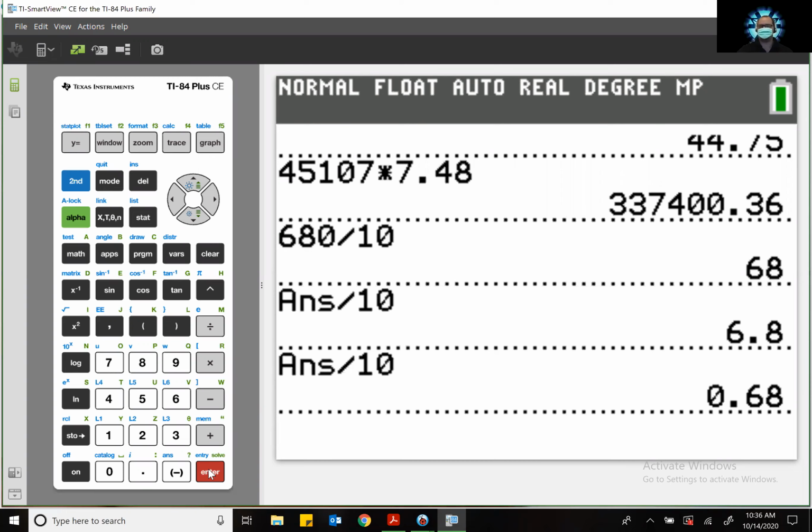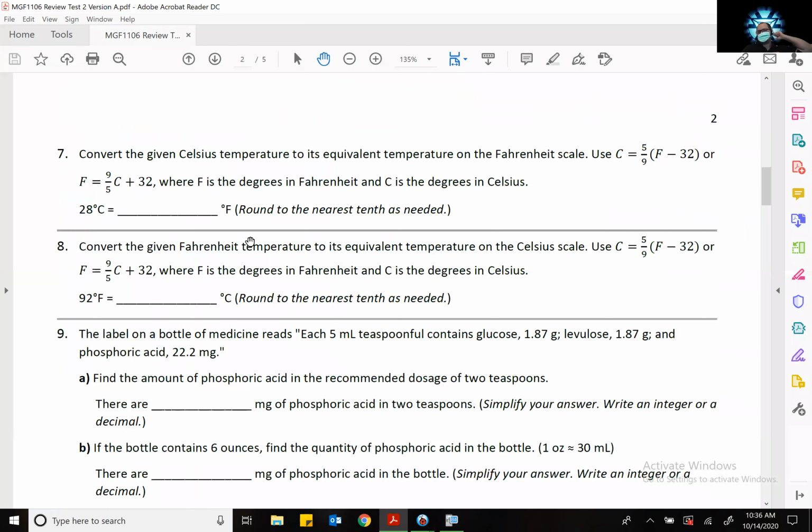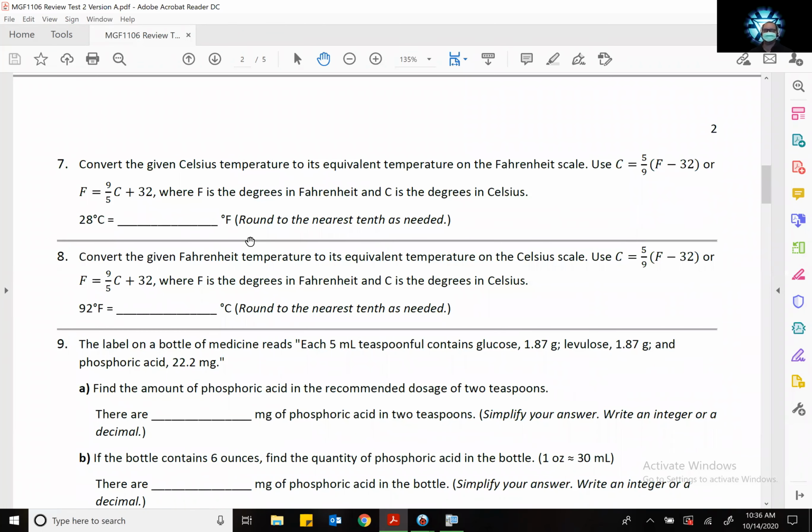Number 7. Number 7 and number 8 are temperature conversions. So you are still in 9-3 on this. So number 7 and number 8 are still conversions. They give you the formula, so you don't have to memorize the formulas. You just got to pick the right one. So we have